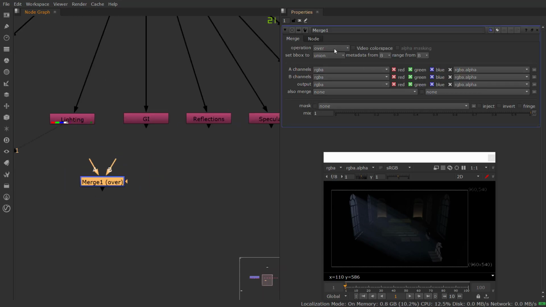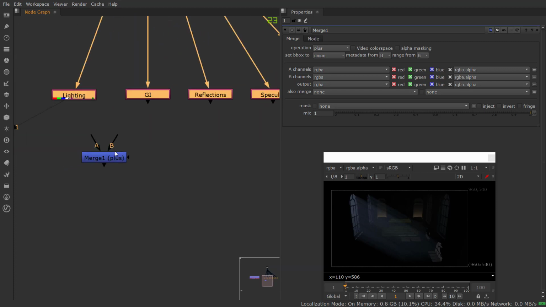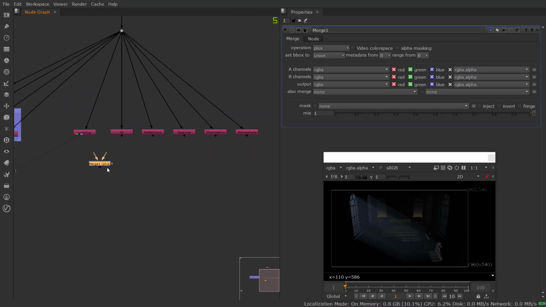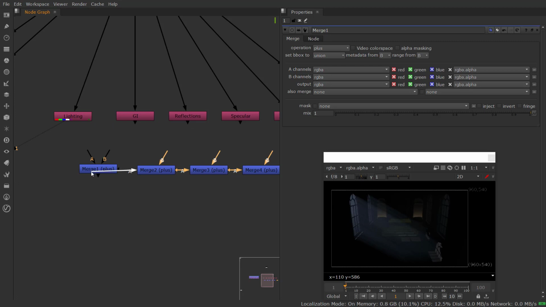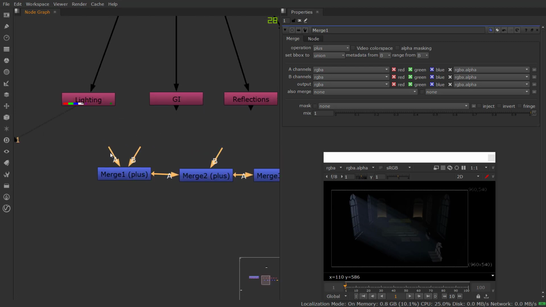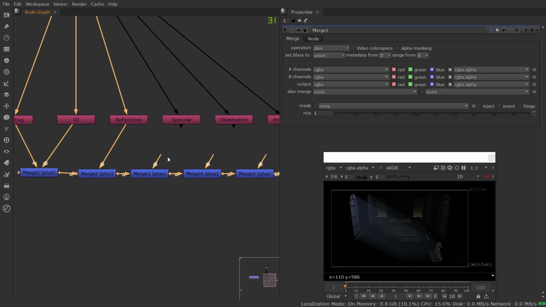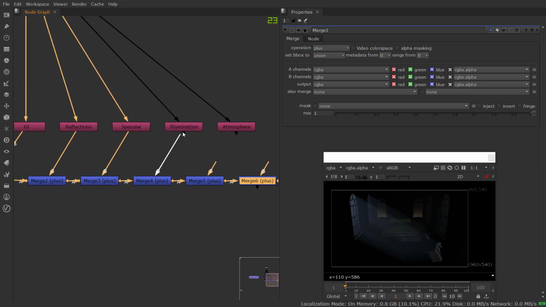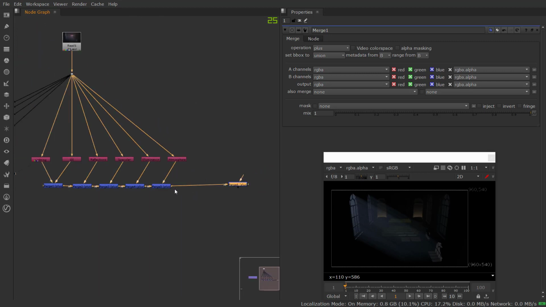Drop a merge. So all of these, they're gonna just be added together, so every time a plus merge will be used, you can just copy it, paste, and this one can go here as well. This one with this one goes in this, goes in this, goes in this, this is your end result,